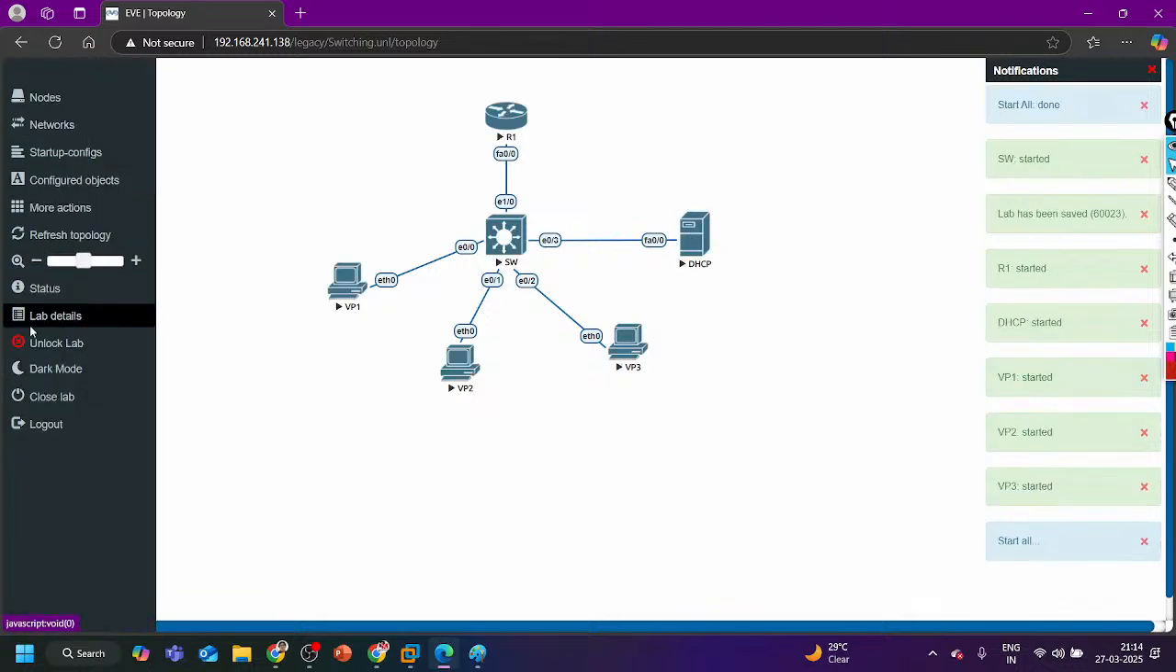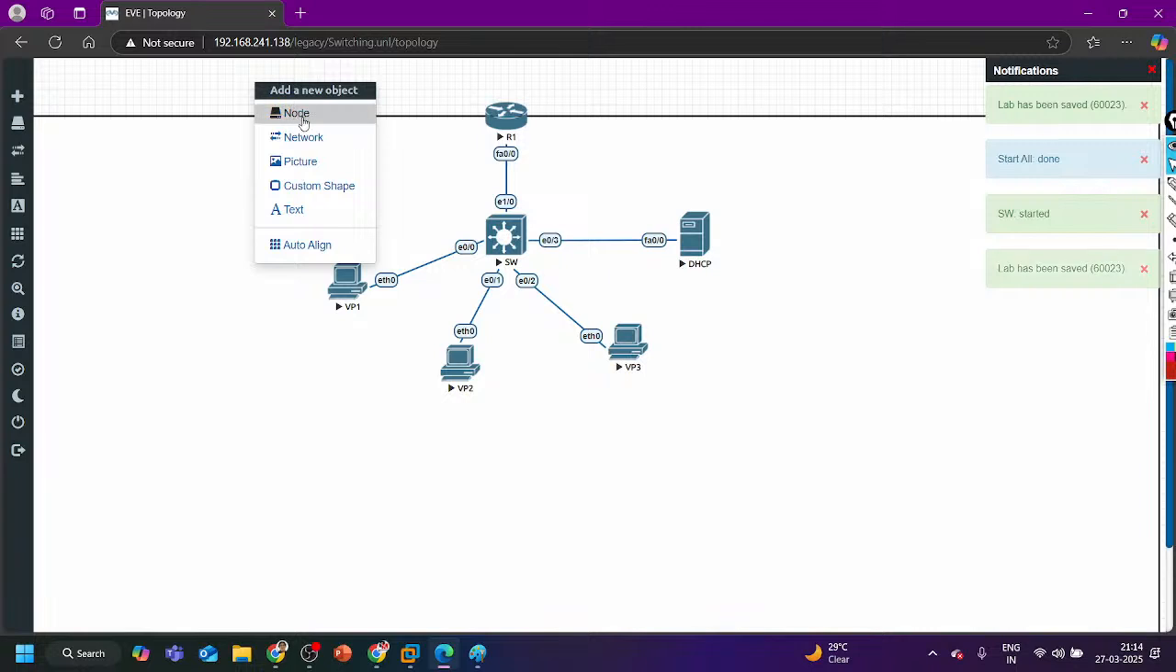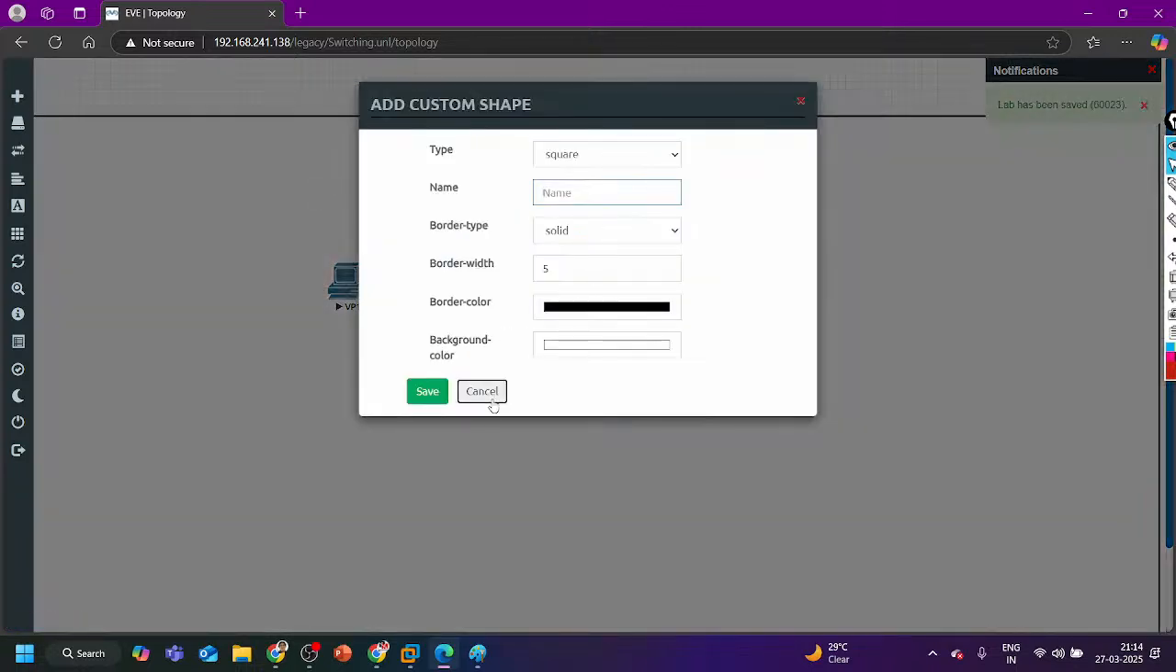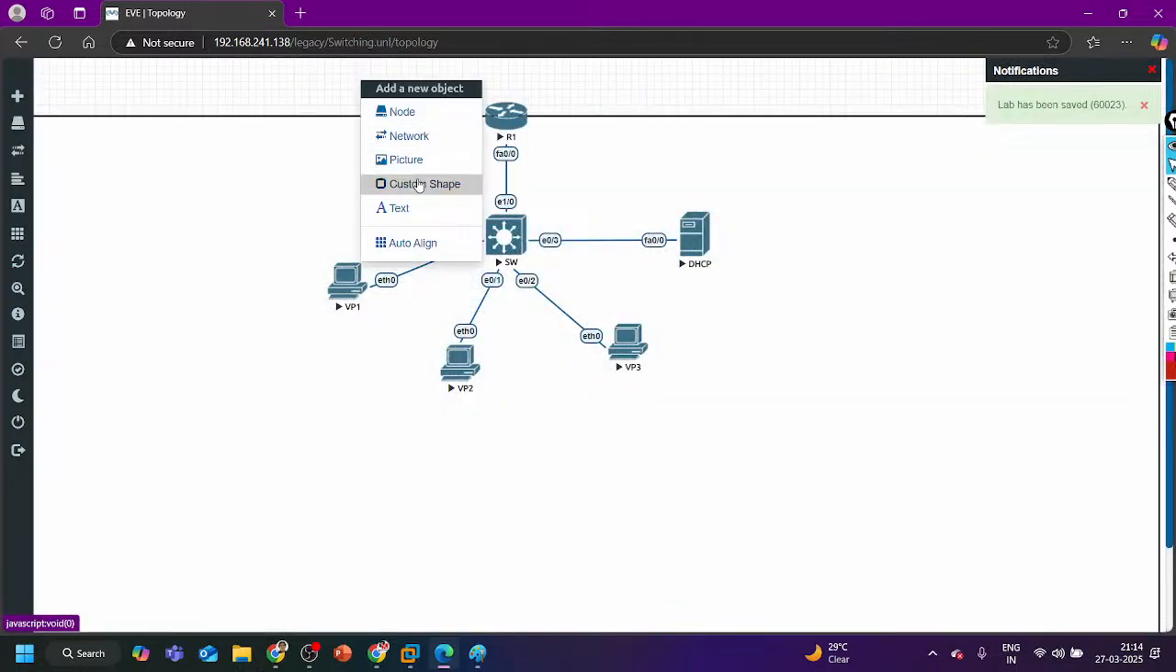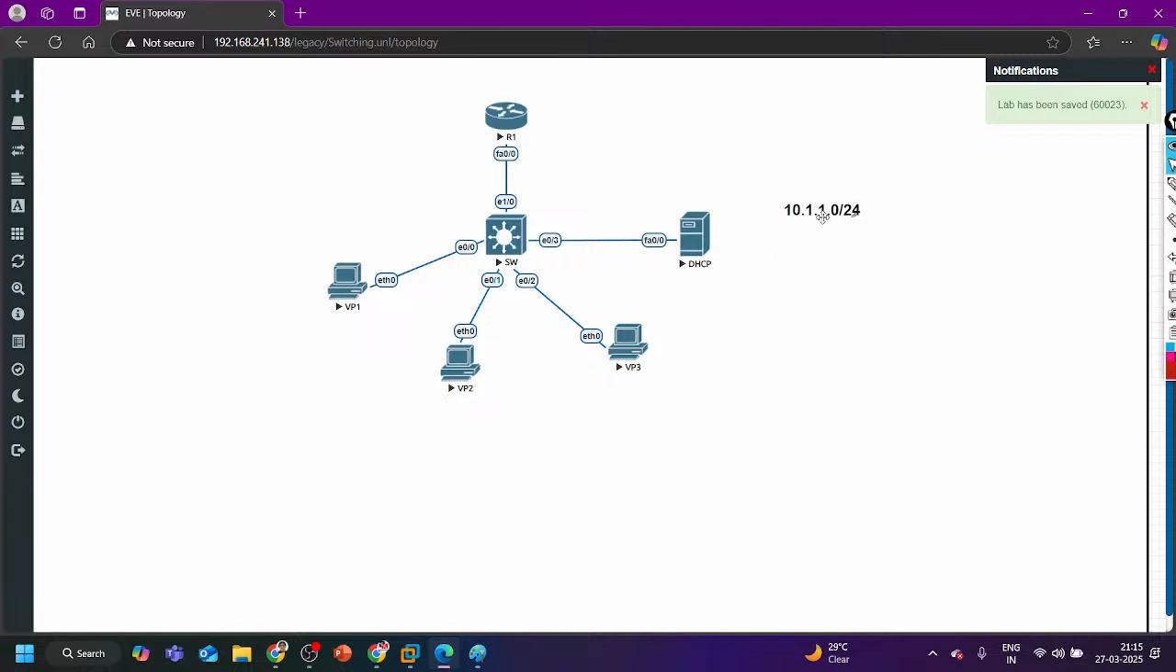First of all, let me set up the DHCP server here, and my subnet is going to be 10.1.1.0/24. The IP address on the router is 10.1.1.100. The IP address of the DHCP server is